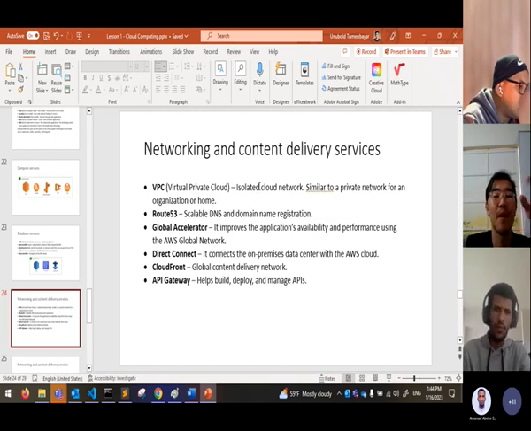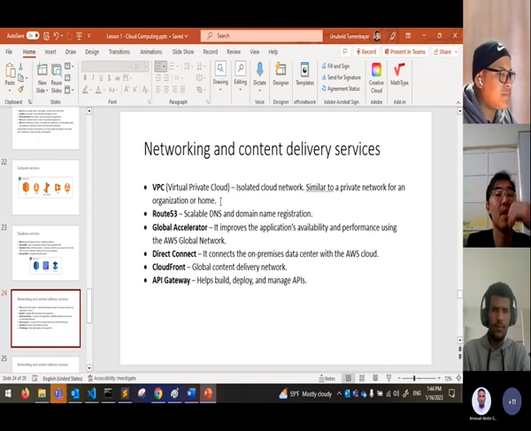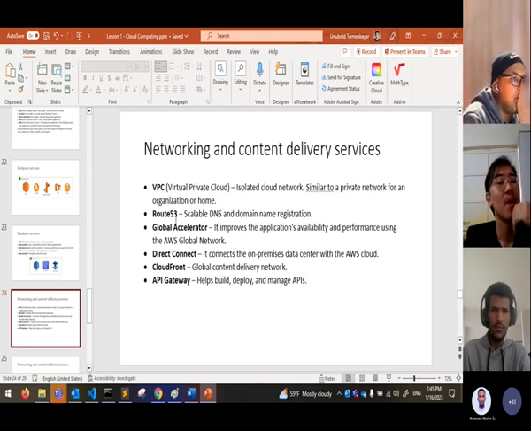So it's your network in the cloud. It's just like your home network or the network at any organization. And managing VPC is also similar to managing traditional infrastructure. If you have some traditional networking experience, then you can understand this easily. Concepts are similar. If you have a domain name and you want to manage it